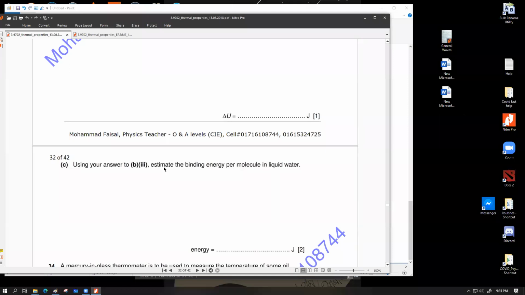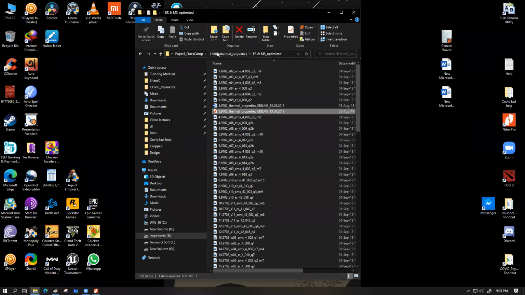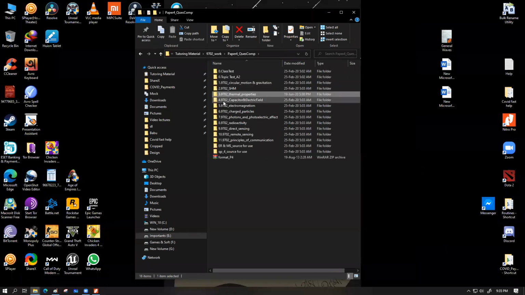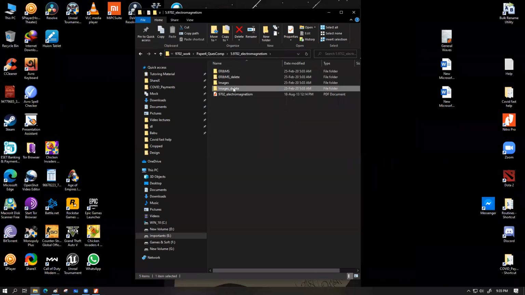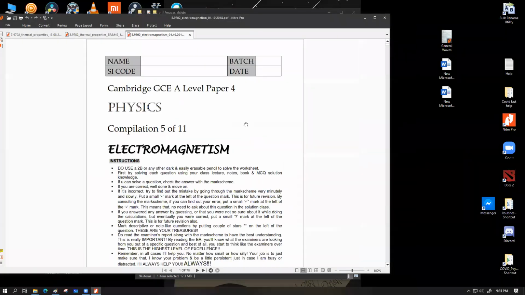Sir, are there chapters with 100 pages? I hoped someone would ask. Oh dear. Oh my God, no. Sorry, I have to print them. Electromagnetism is 70 pages. Oh no. At least there is none with.